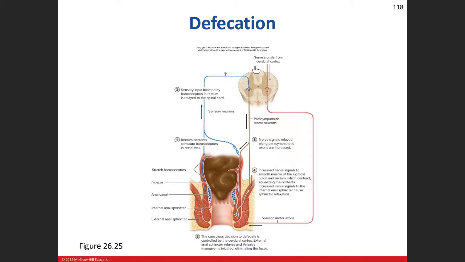Meanwhile, up here in the cerebral cortex, you have that conscious sensation like, ooh, I got to go to the bathroom. So you go and sit down, and then you are stimulating the somatic motor neurons. That's going to be voluntary control. Somatic motor neurons only affect one type of effector organ, skeletal muscle. That's it. What's the only skeletal muscle here, besides the levator ani? The external anal sphincter. You relax that muscle as you're undergoing a Valsalva maneuver, increasing the intra-abdominal pressure,